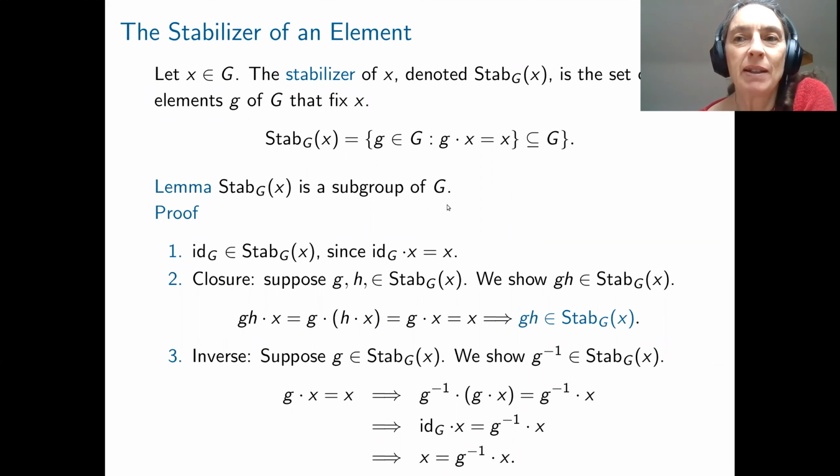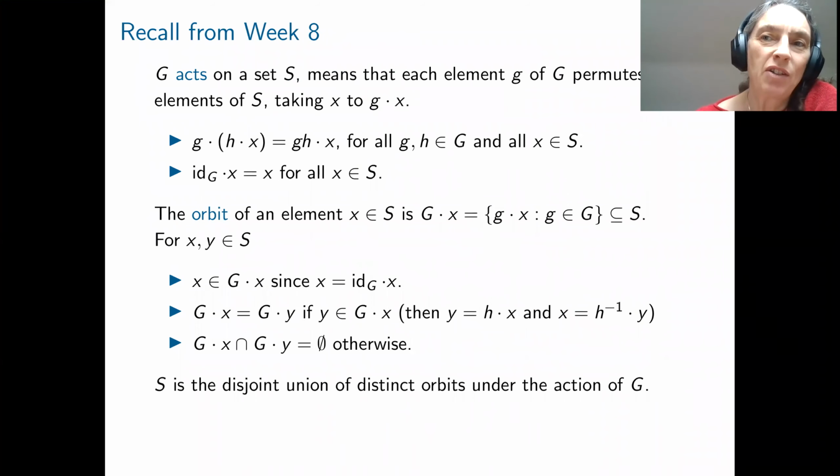So our theme this week is still group actions. We're in chapter 3 of the lecture notes. And our goal today is to prove the Orbit-Stabilizer Theorem, which is the main theorem on this topic. So to do so, we need to just recall a little bit of the viewpoint that we had last week